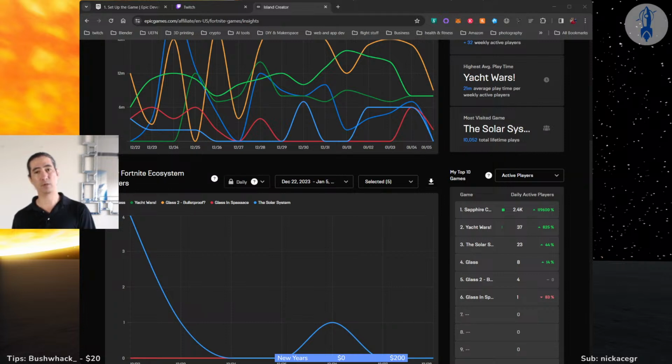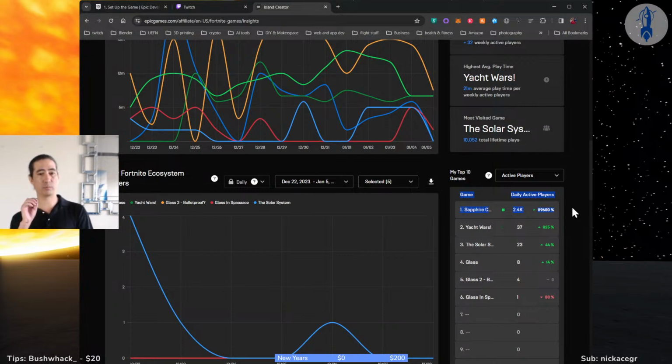That's only 2,400. There are maps on Fortnite right now where the CCU is 58,000. So they're averaging 58,000 players an hour, right? So that's the difference. Daily active players, 2,400 players in a day is about $5.